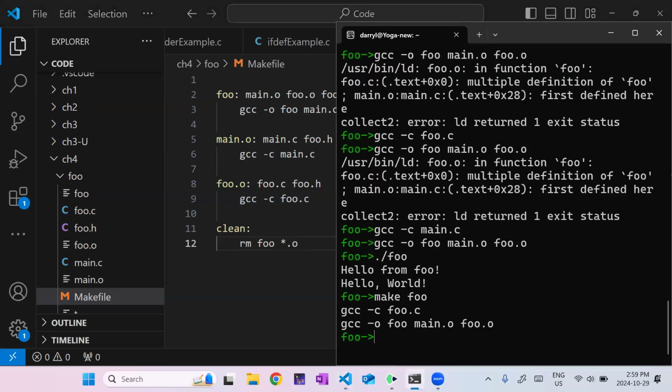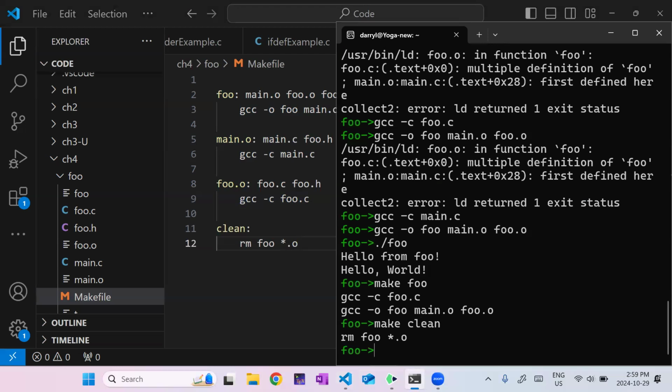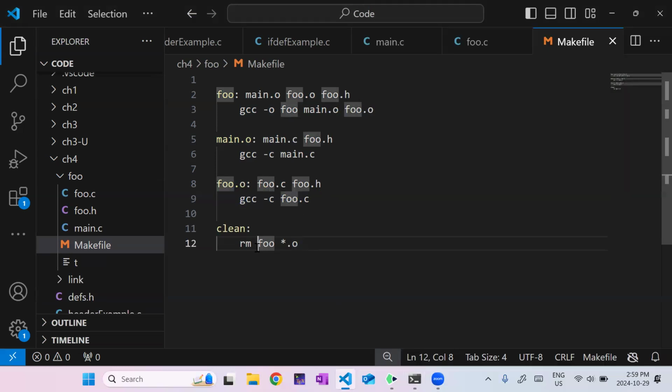So I'm going to run make clean. I'm going to remove all those. I believe I mentioned it before, but be very careful with this remove command. There's no backups, right? This is not going to a recycle bin. It's gone. Everything you remove this way is gone. And I think in some cases you might want to force it, just in case. Otherwise it might ask you, are you sure you want to delete this file?